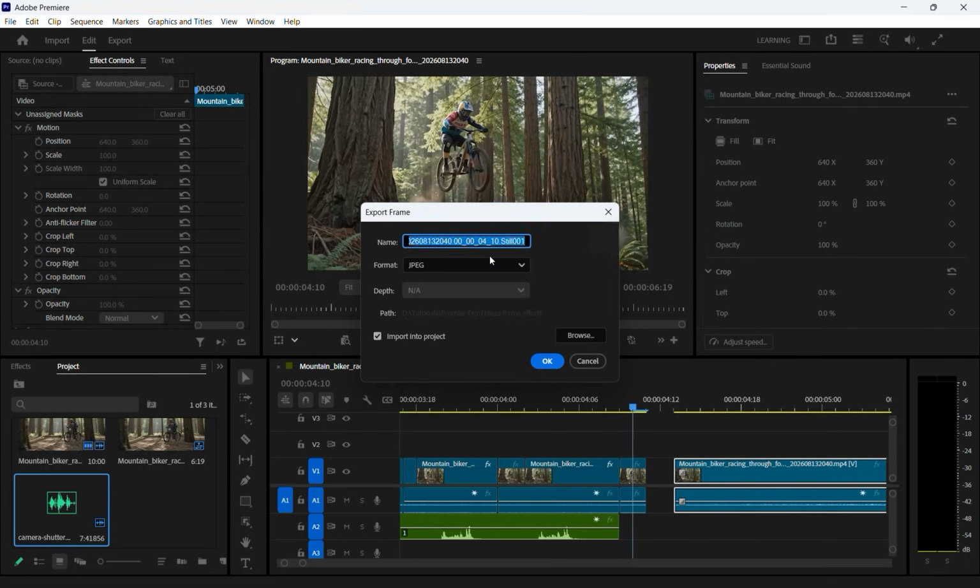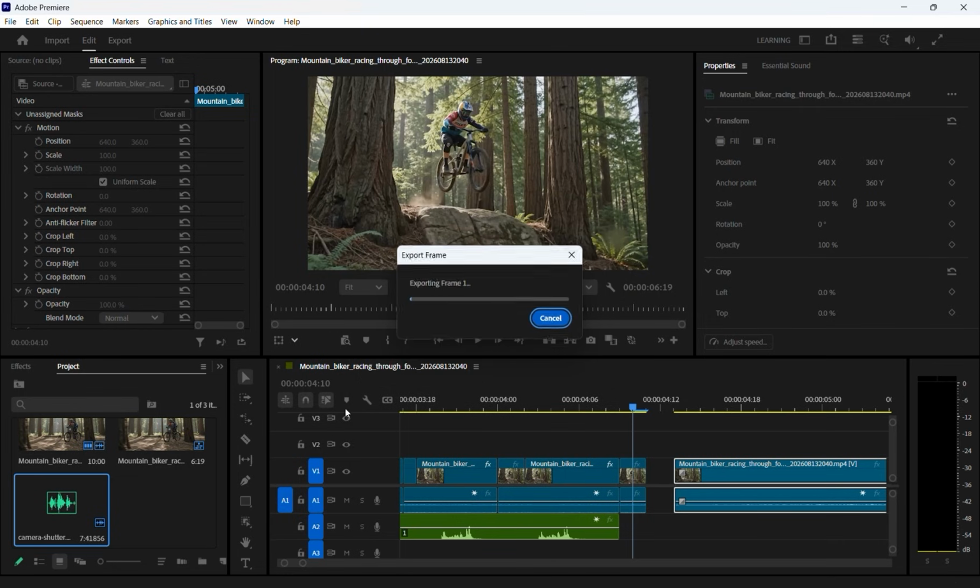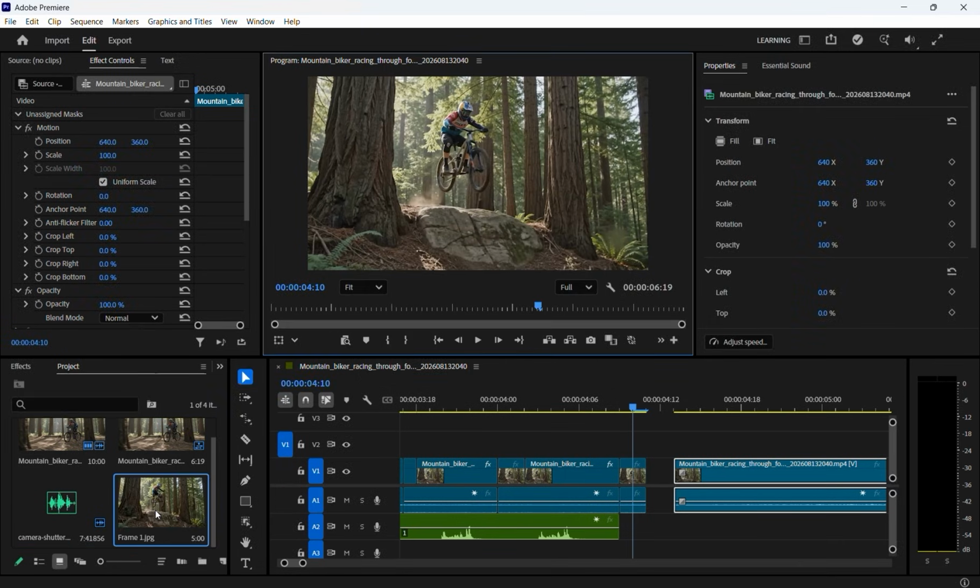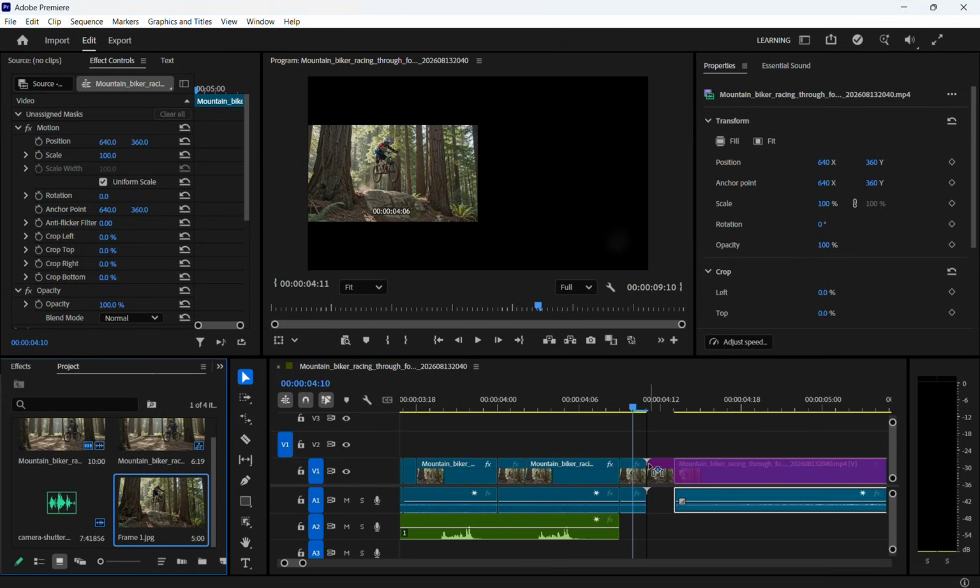And here I'll just rename this as frame 1. So now you can select your folder path and then click on this import into project. So that will add this image inside our project panel. So now once you have this image, all you have to do is just drag it and put it here